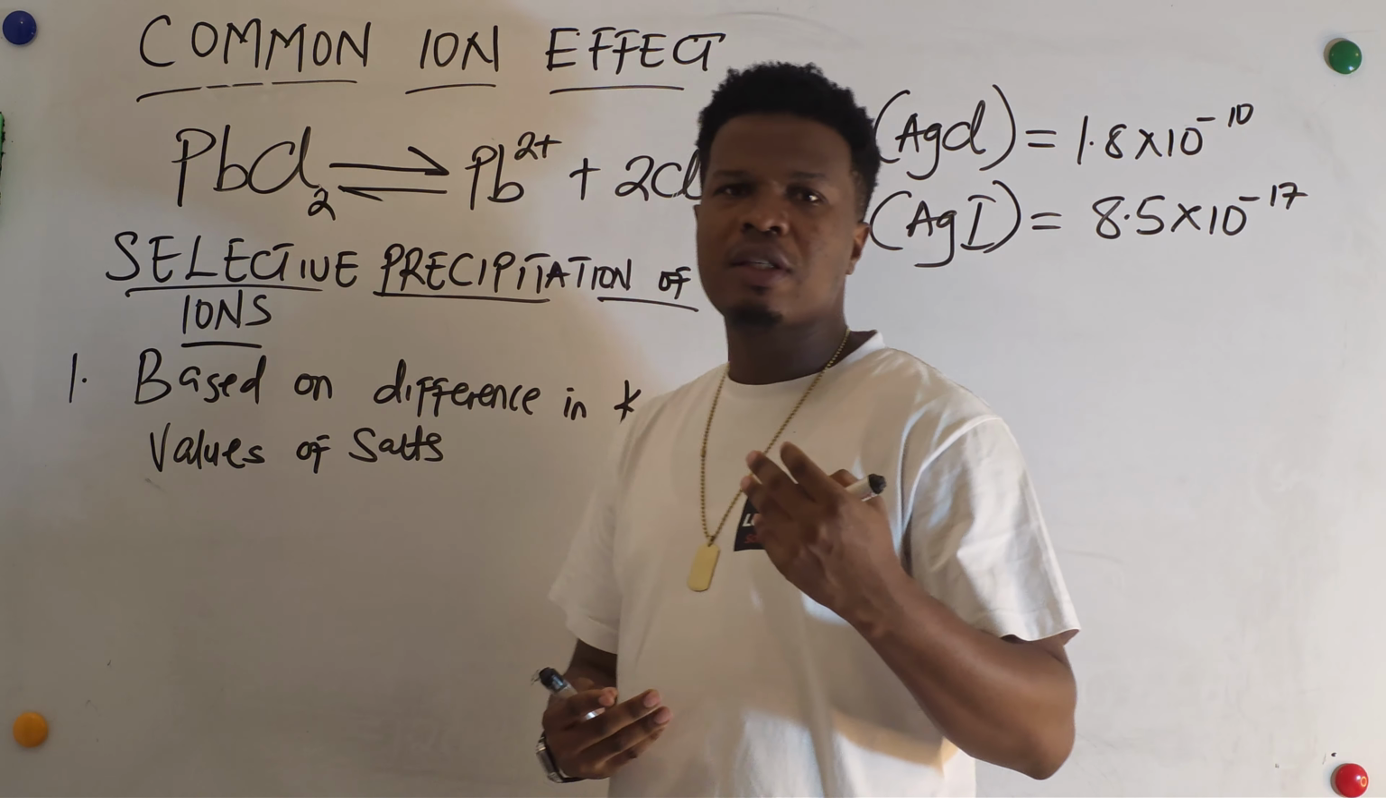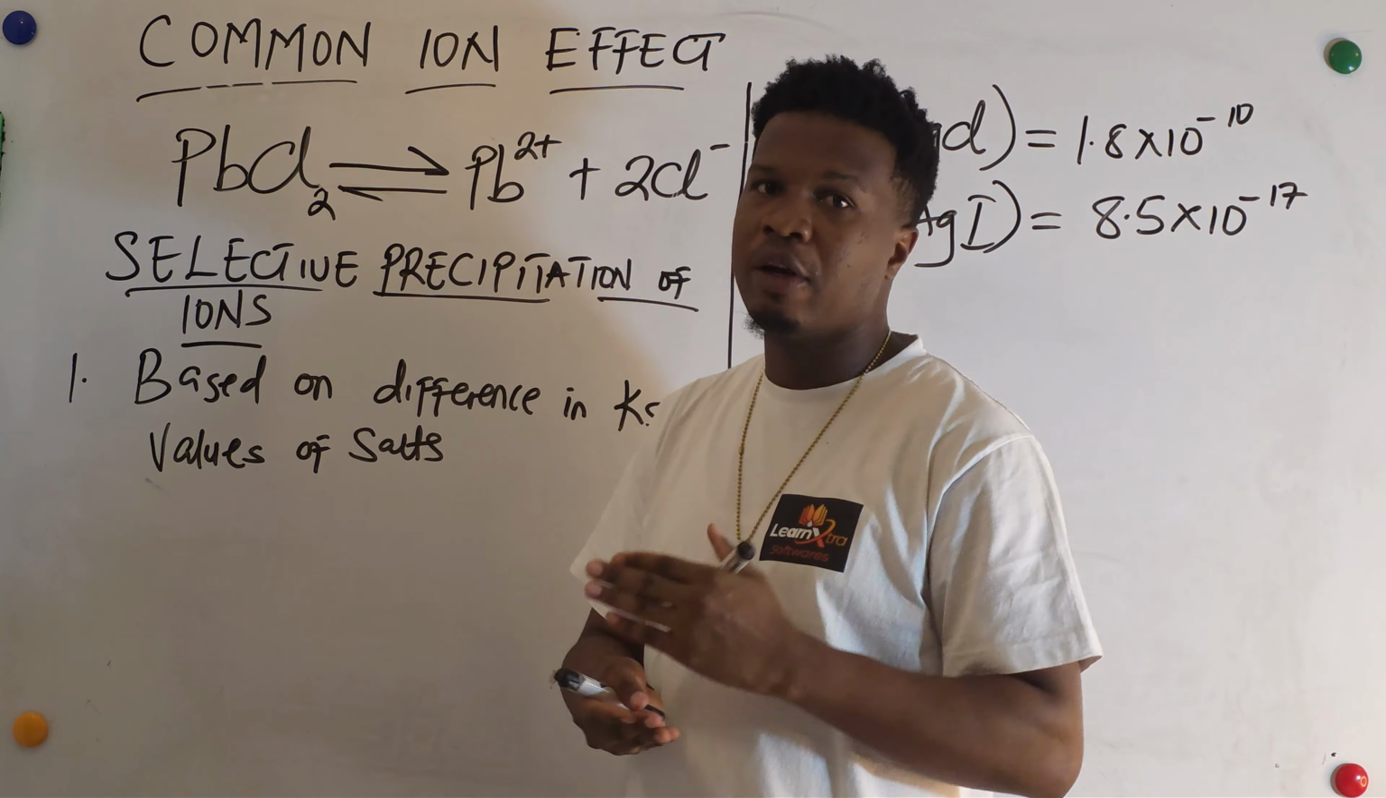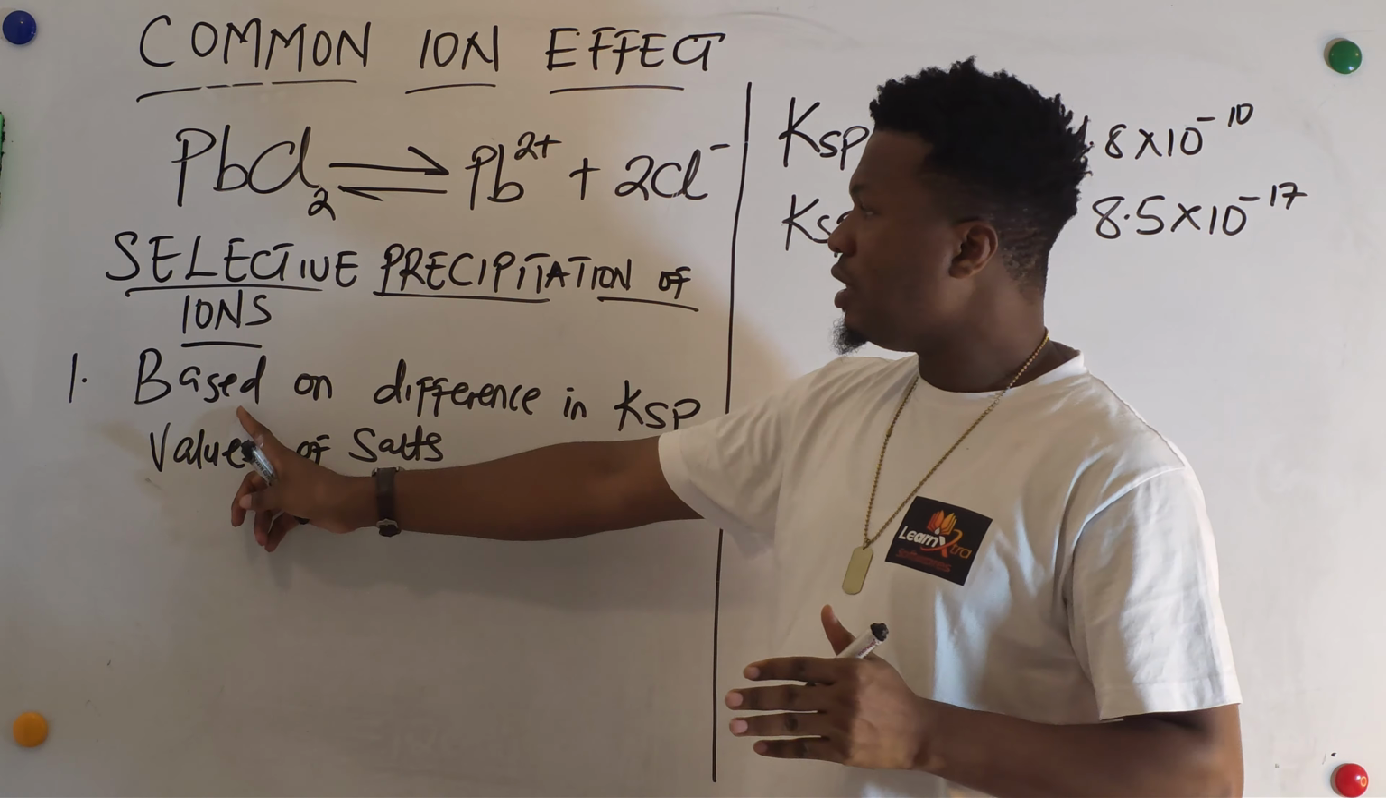Now, what is the key factor that determines selective precipitation of ions in a solution? It is based on the Ksp value. The selective precipitation of ions is based on the difference in the Ksp values of the salts. Now, if I have two ions mixed together, two